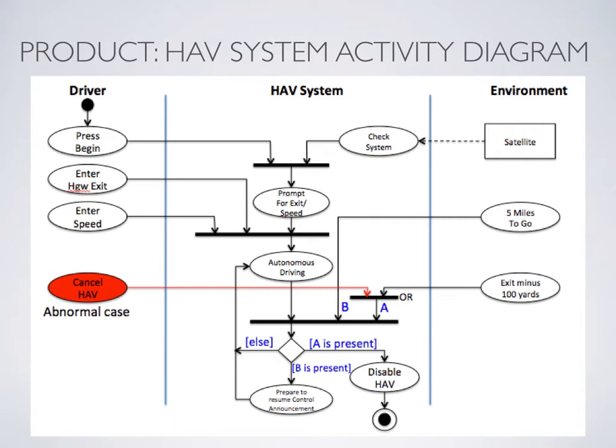It will have to do some kind of cross check with the satellite system and the GPS tracking as well, probably other sensors, and these are some decisions in which the system, when it's driving, will acquire some information